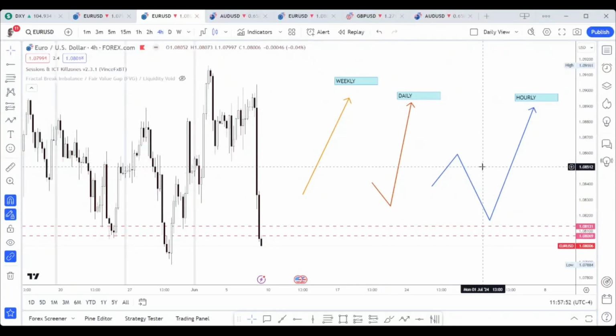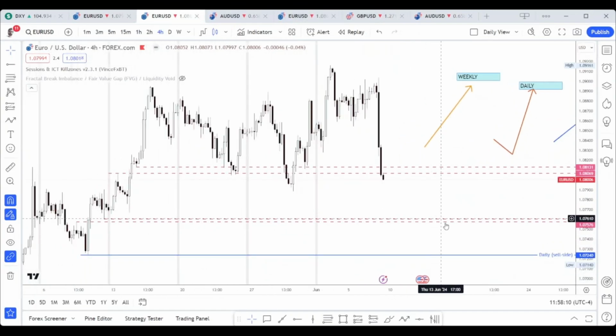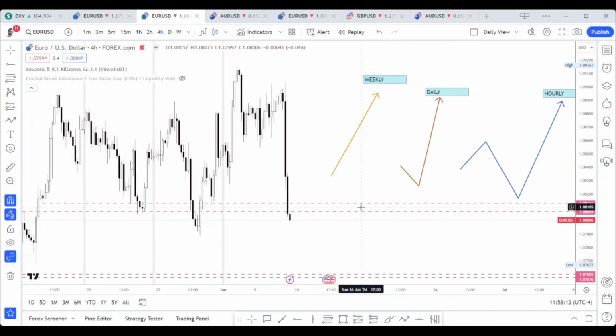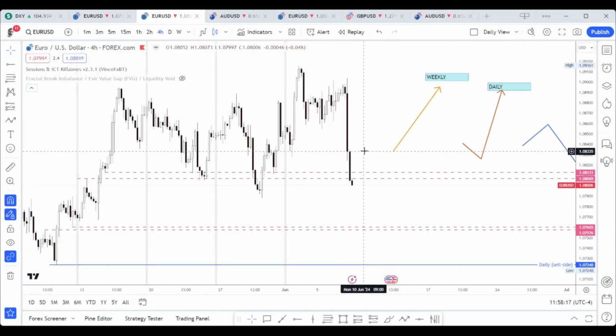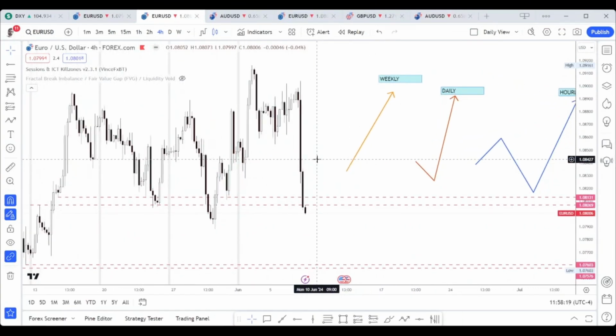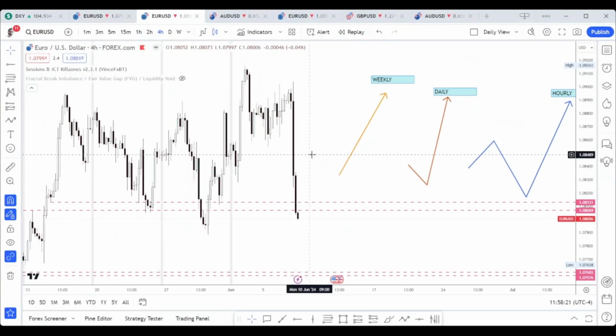But my hourly bias, that I showed you guys by putting these three soldiers over there, is that I want the price from here to go up. This level is half of this range, and then I want the price to go down, and this level is basically this level. This is what I want to see. And then I want the price to go up towards these highs and take out the daily highs and levels. So this is what I think is going to happen next week.